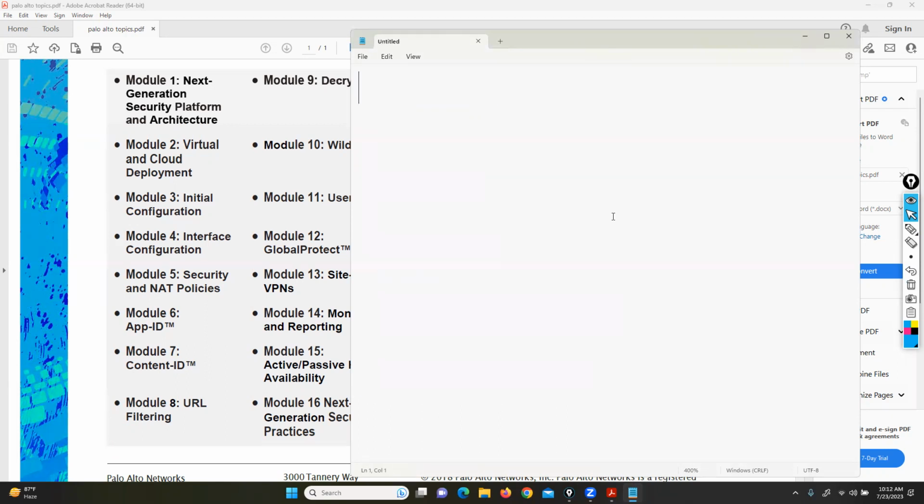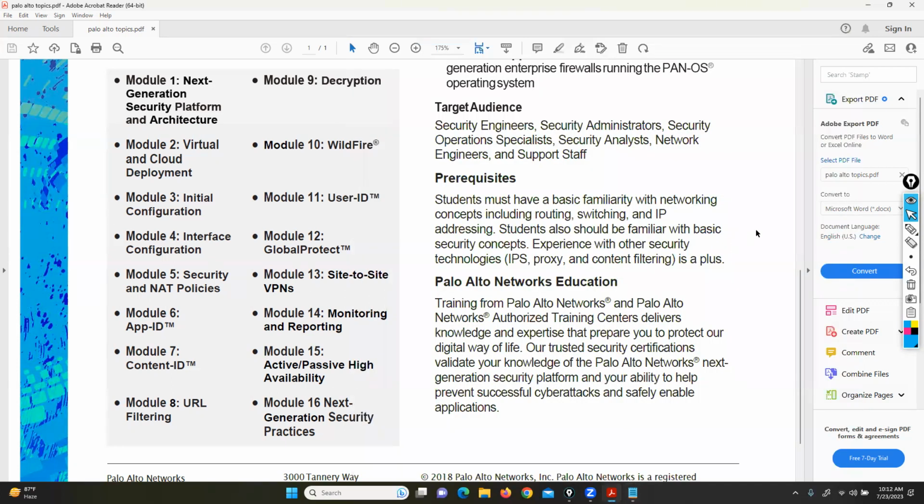After interface configuration, you can go for security policy, module number 5. In module number 5, you can go with NAT policy. Actually, there are two topics, NAT policy and security policy. So Palo Alto, Checkpoint firewall device, and Cisco Firepower Threat Defense,